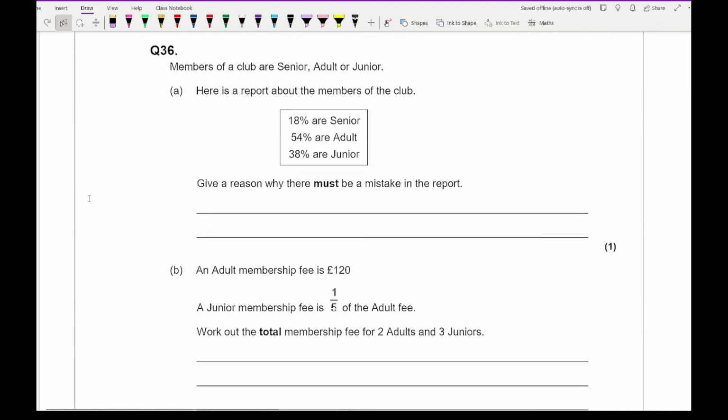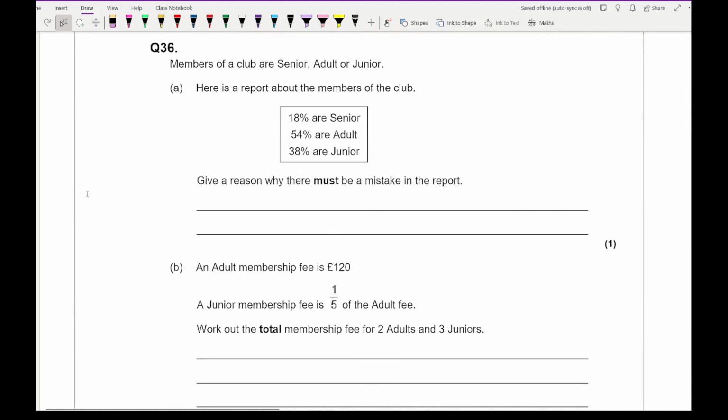Moving on to question 36, it says members of a club are either senior, adult or junior. Here is a report about the members of the club. Give a reason why there must be a mistake in the report. Now this one, what you should notice is that if I add up each of these percentages, they don't actually add up to 100. They actually add up to 110. So here all we need to write is that the percentages do not add up